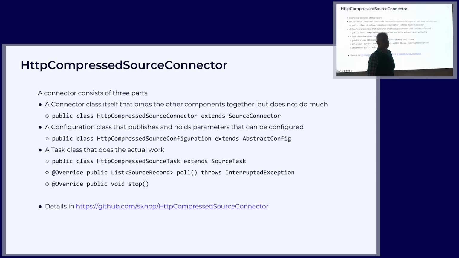Writing a connector itself, if you ever want to do that, you need to create a minimum of 3 classes. One of them is the declaration of the connector, the header, the metadata of that, and then there is a bit that keeps track of all the configuration. If you want to configure the connector typically, which URL do I point to, which user permission do I have, and so on. And then I need the actual task itself that does the work, and there specifically I need the poll method. The poll method gets called by the connector framework, and is expected to return a list of source records, which happens to be the data itself plus the offset information that I want to keep track of where I am.